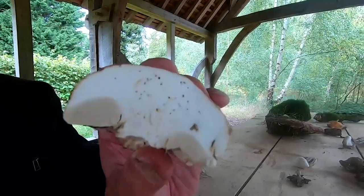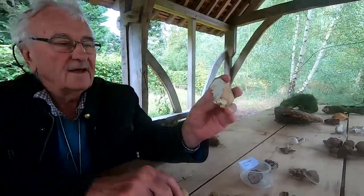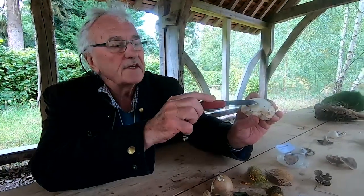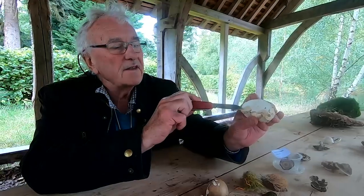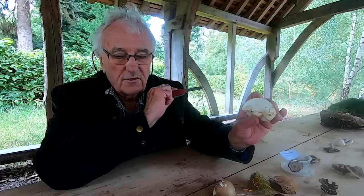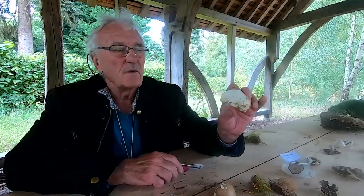That's where the fungus gnats are growing up. But unlike the last one I cut through, the flesh isn't changing. It's completely unchanged when I expose the air. And I hope you can see the little tubes there on either side, where we had gills on the normal mushroom. You can see these little tubes where the spores are being born on these boletes. A very important group of rather beautiful fungi,